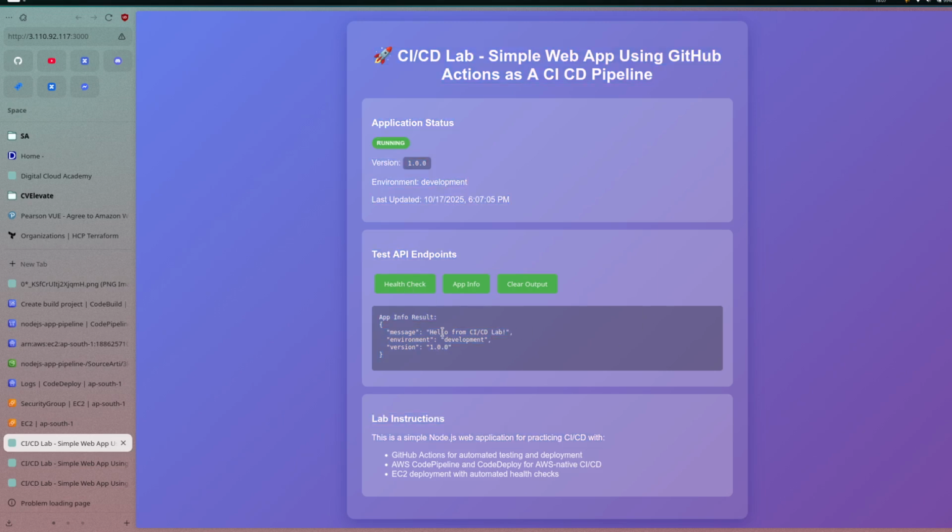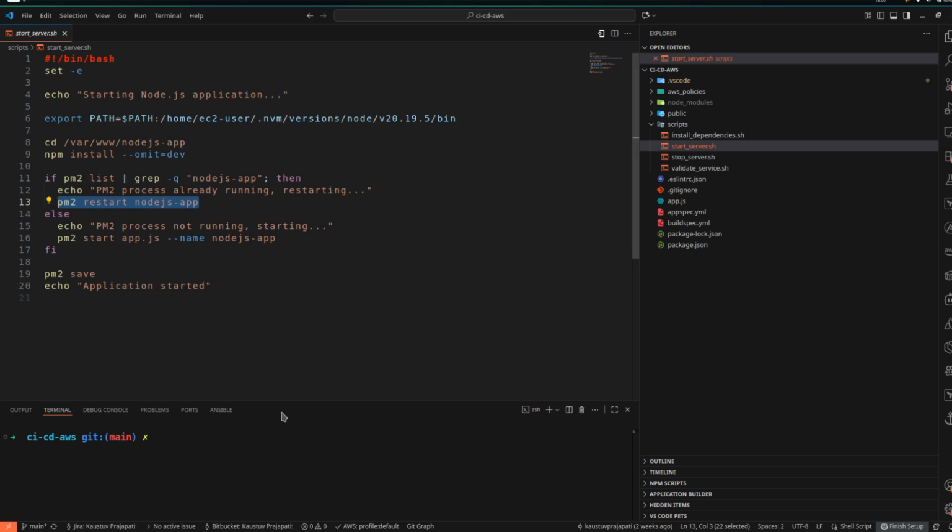If you go for health check, it will do the health check. If you go for app info, this application gives you different endpoints. Clear the output, right? So yeah, this is working. So let's see this in action when we do the automation stuff. Okay, so if you go to our code base,